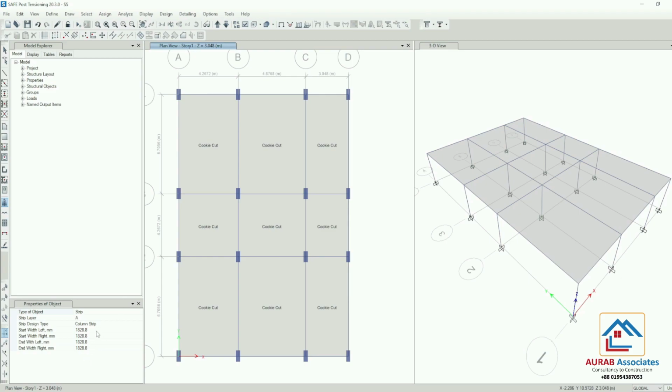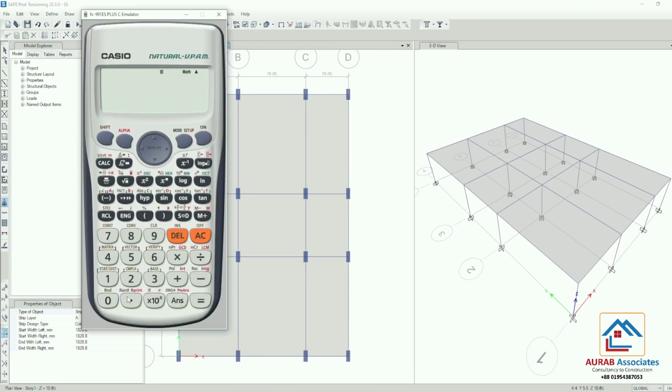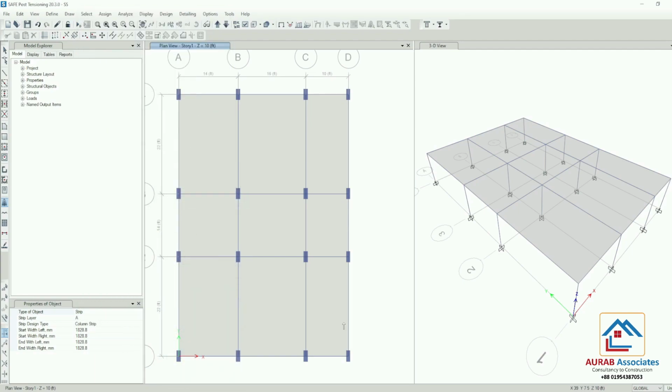Here I am using design strip as, at first change the unit. .25 into 22, that means 5.5 feet will be enough for us. 5.5 feet or 6 feet, that means 72 inch we can consider for left, right, end left and end right.